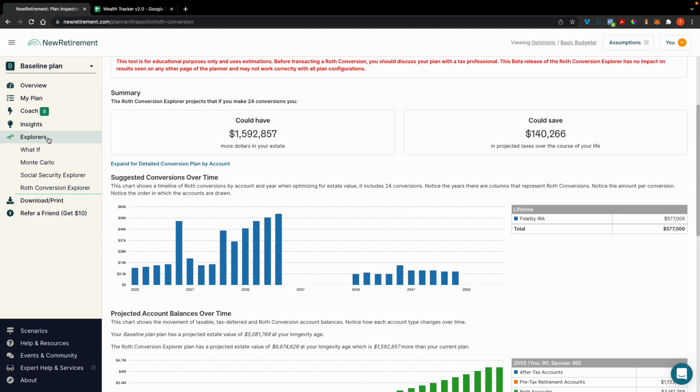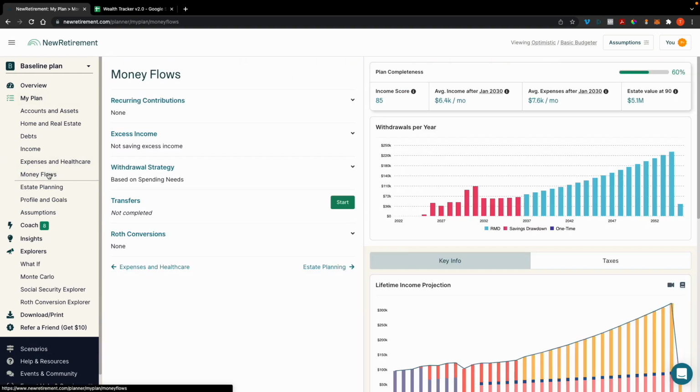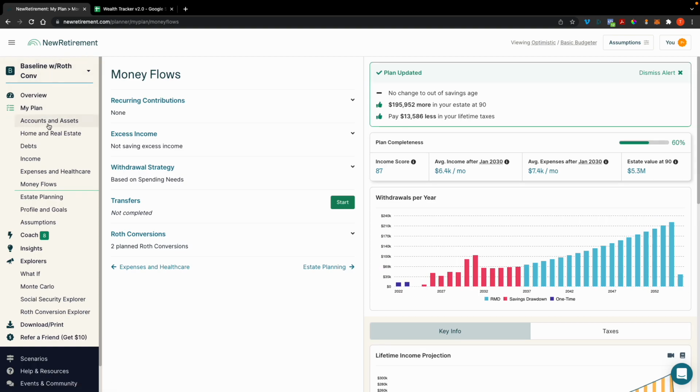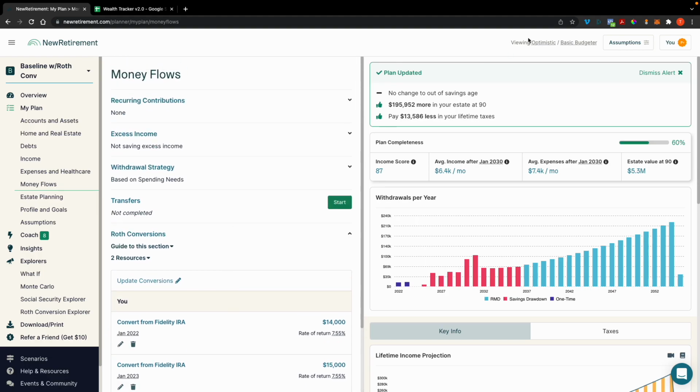and go to the My Plan dropdown, Money Flow. Once you've created that new scenario, go to the Roth conversion area, drop that down, and then model the conversions: the year, the age, rate of return, make sure you get that right, and do that for as many conversion events that you want to model. And then make sure you record the difference in individual